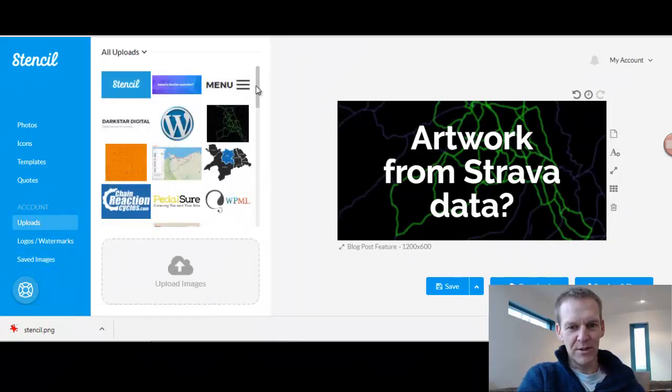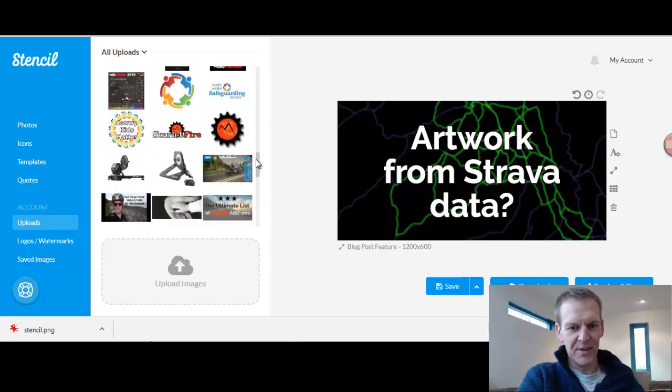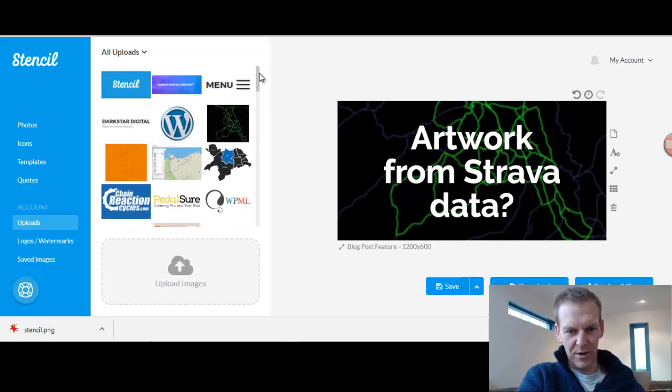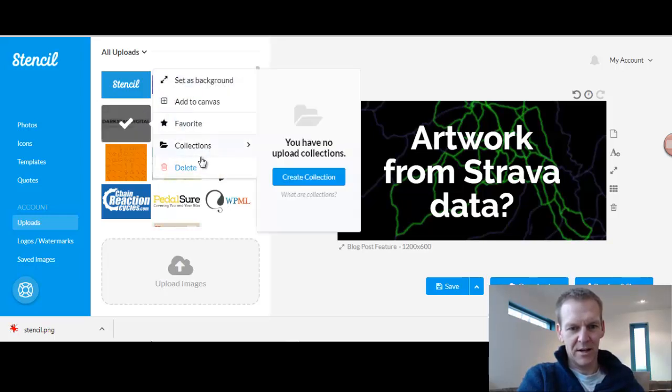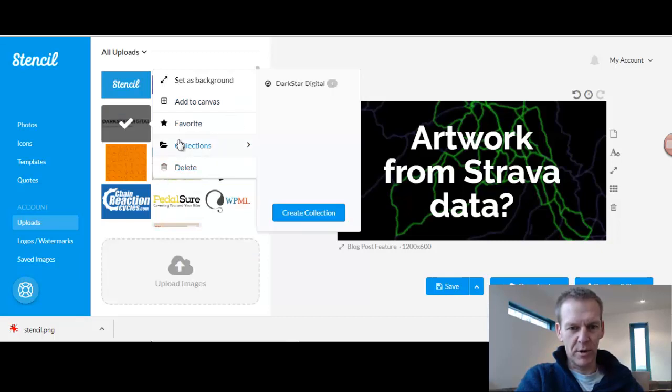Similarly with the uploads, so this list of files is essentially logos and backgrounds and any images that I've uploaded to be able to import into graphics and so on. And likewise, it's important for me to be able to tag these as well. And I noticed this doesn't use the same list of collections as the saved images, so for the uploads, you'd also need to create the same labels if necessary, but it enables you to create a different set of collections for your uploads folders,